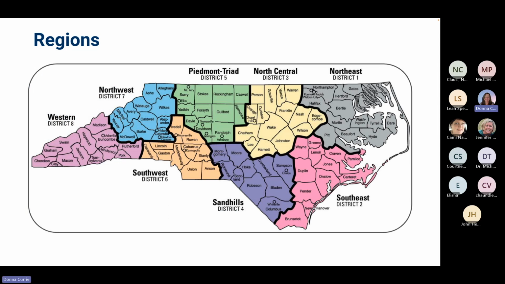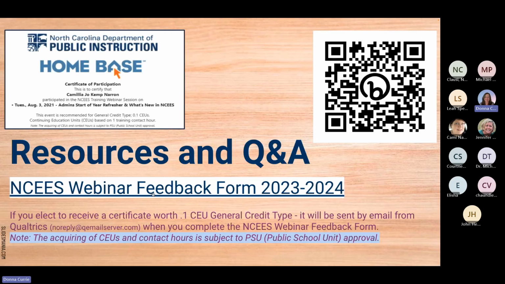So we are actually finished on time. We will stay on and ask questions, but I do want to let you know we do pay attention when you ask questions. Our feedback form asks for your region. So take a quick look at this, find where the county where you teach or work is located, and pay attention to what district that is in. At DPI, we refer to everything in the district. So pay attention to your region. The next slide is a chance for you to give us feedback, because we try to get better each time.